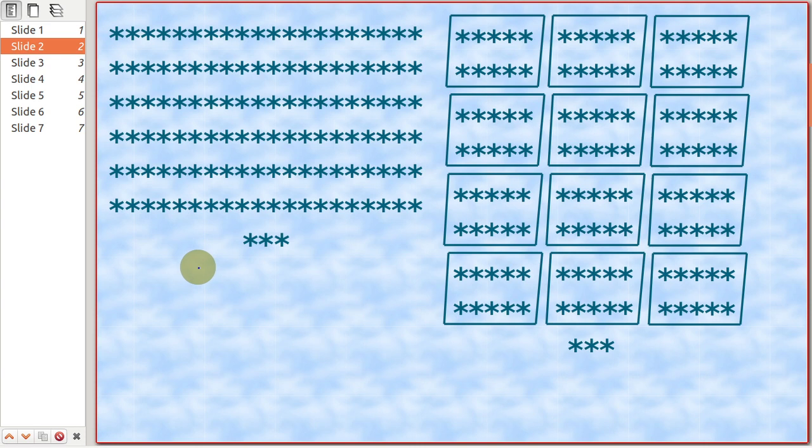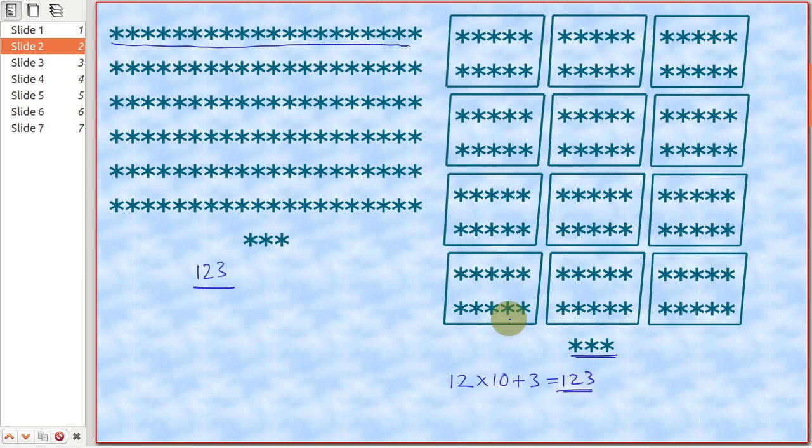So here as an example, we have 123 stars. There are 6 lines of 20 stars each. So we have 123 stars. If we group these stars into groups of tens, then we are getting 12 such groups, right? 12 groups of 10 stars each, and then we are left with 3 loose stars. So in total we have 123 stars.